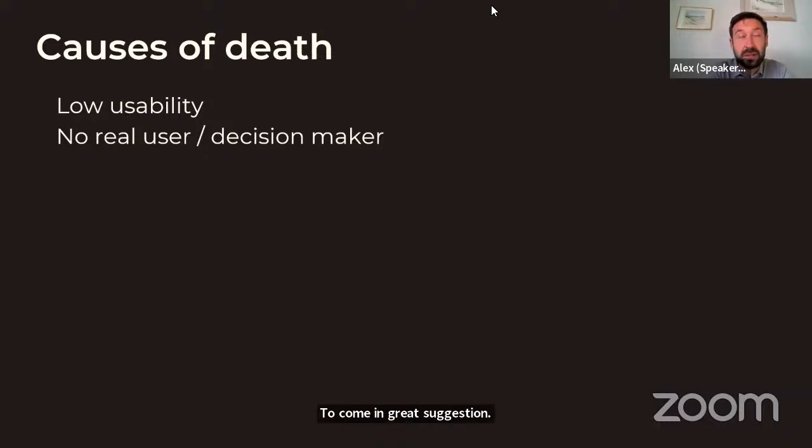We may not provide training, and our users might not be familiar with dashboards, or we may overload the dashboard with indicators or some supplementary information, and really it may not tell a story. Great example.